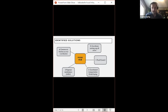Yeah, or figuring out if costs are an issue, maybe 2 or 3 people can work in the kitchen at the same time, something like that. And I think it's really good to recognize that, when you look at this idea of a food hub, you can probably pick out 4 or 5 organizations within Yellowknife that already perform some of these mandates. So it'll be very interesting to have conversations with some of those organizations to see what role they would like to play here,